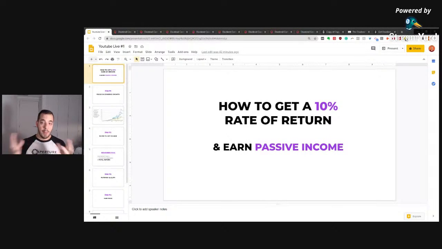Okay. But for me personally, that's not enough, okay? It's not that I'm greedy. It's just that it's not actually that difficult to get a 10% rate of return, okay? We're not talking Warren Buffett levels here, okay? A 10% rate of return is actually fairly manageable if you know what you're doing. And that's exactly what I'm going to show you